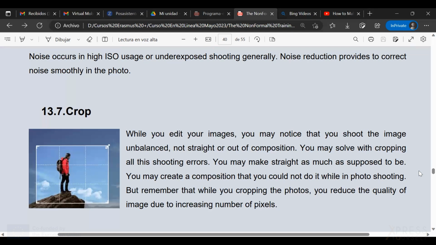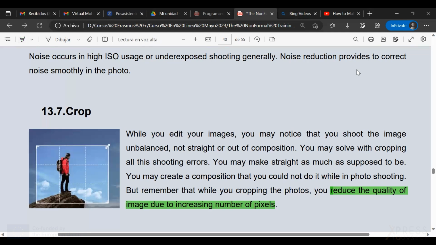But the thing that we need to know as photo editor beginners is that when you crop your photograph, you reduce the quality of the image due to increasing the number of pixels.